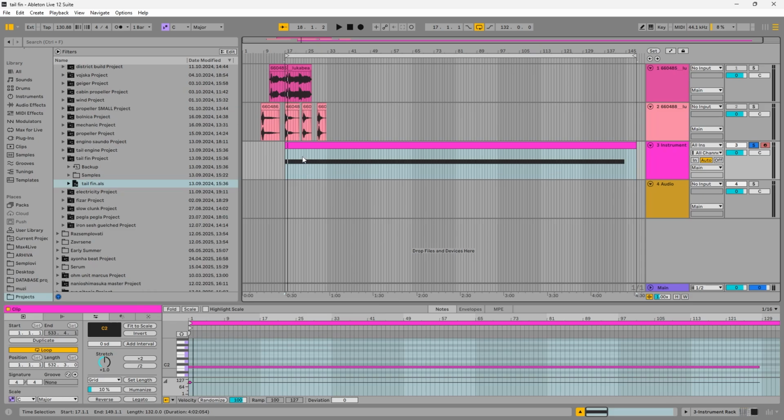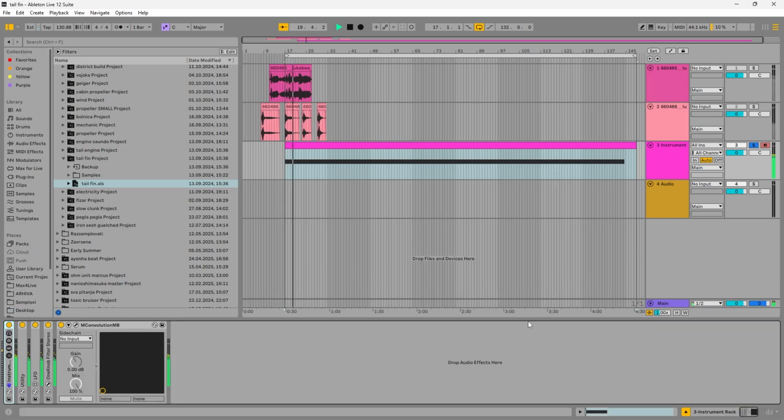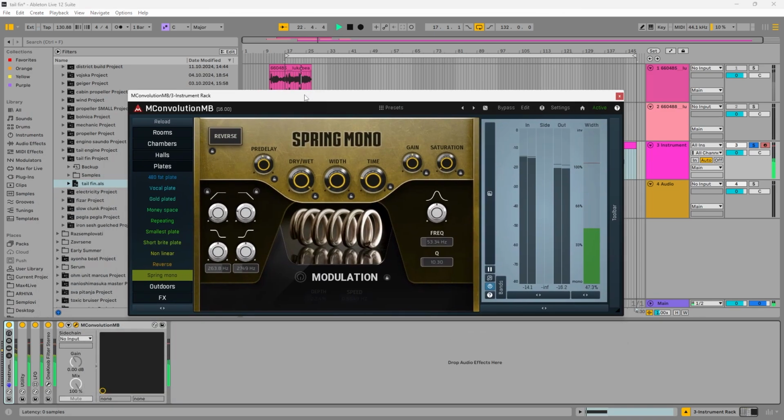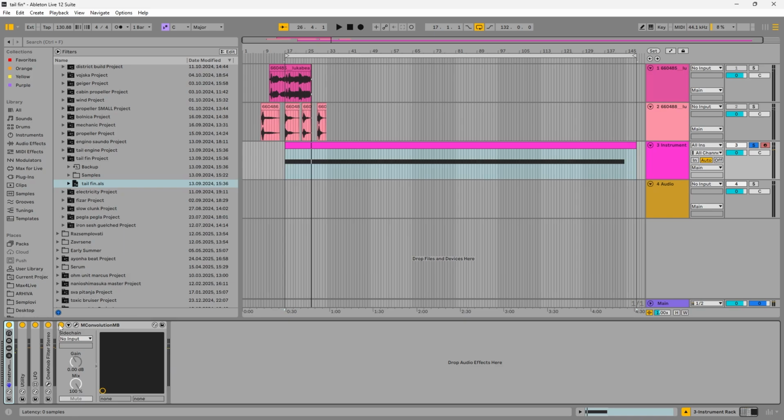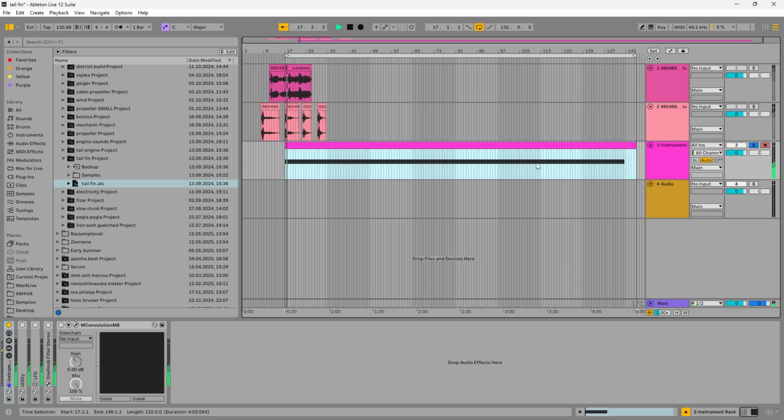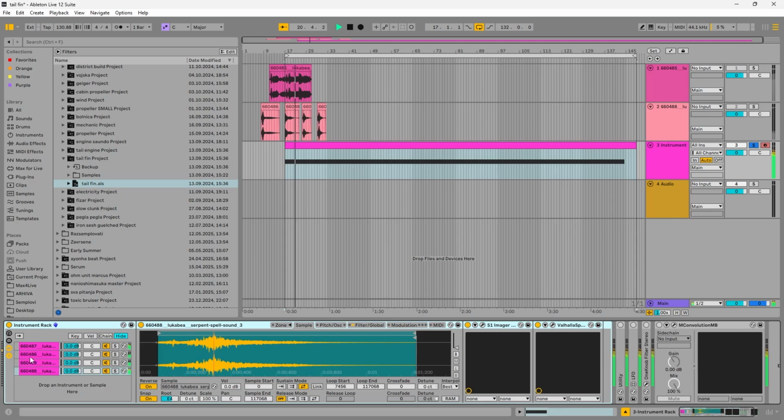So, this is the original thing. It's a bit hot. All right. So without the convolution and without everything, let's do it. All right. So,